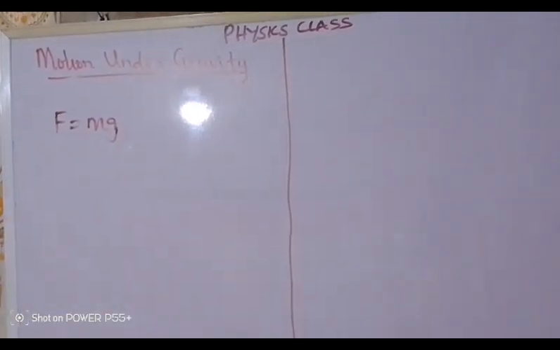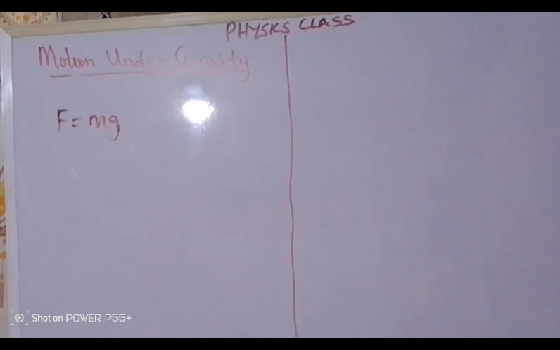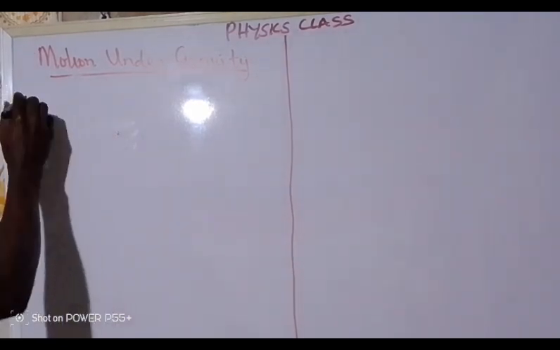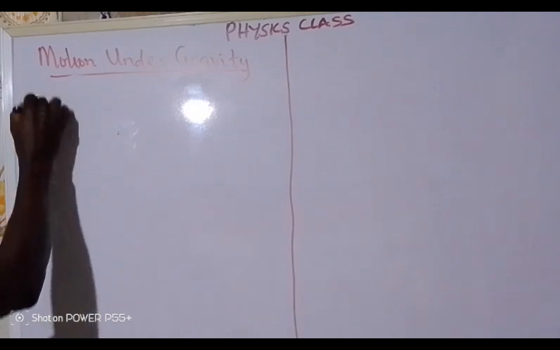So when we say motion under gravity, it simply means the motion of an object which is being influenced by acceleration due to gravity only. Again, motion under gravity means motion of an object which is being influenced or affected by acceleration due to gravity, g. To write, we now say motion under gravity means